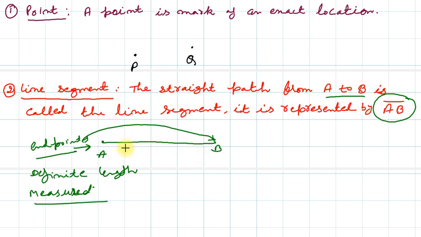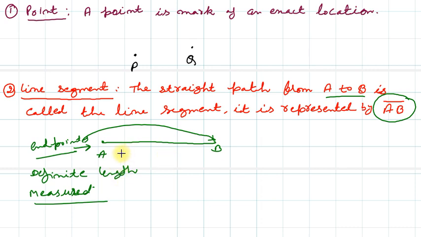How many line segments can be drawn within these 2 points A and B, or endpoints A and B? When 2 fixed points are given, only one line segment can be drawn with these 2 points as its endpoints. So we have to keep in mind: when 2 fixed points are given, one and only one line segment can be drawn with these 2 points as its endpoints,